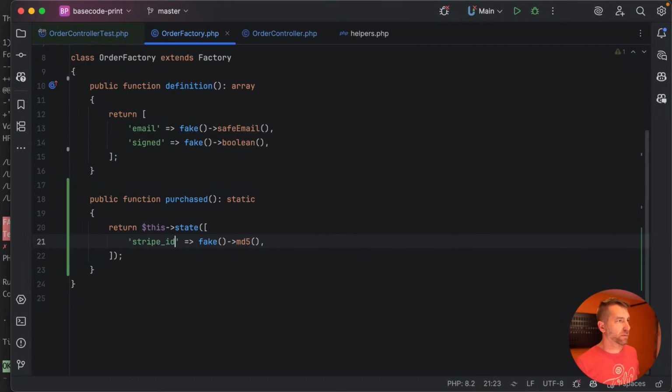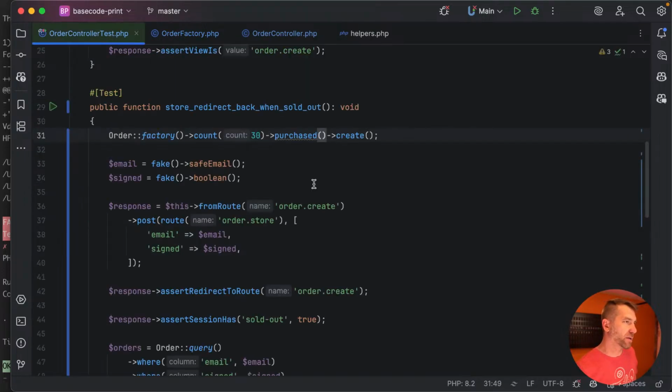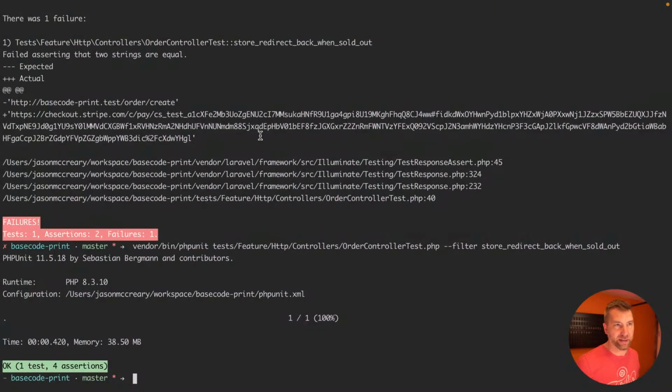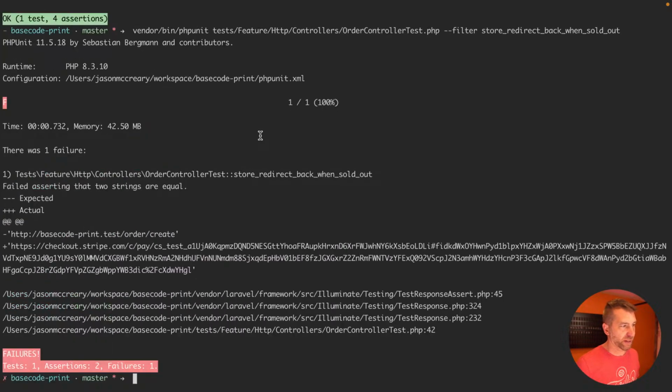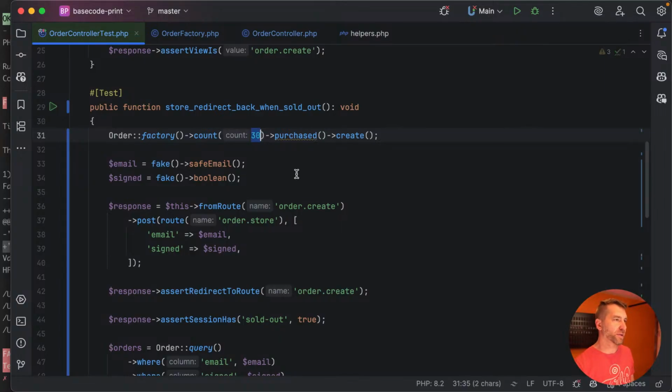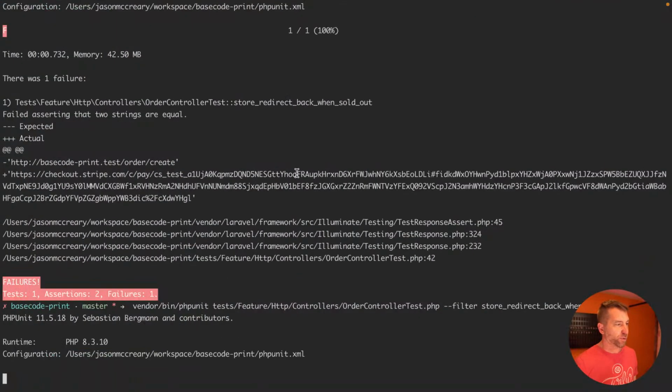Nailed it. Okay, so that makes sense, right? If you make 30 per... so let's just for fun, let's do 29. That would leave one left over, and we should get redirected to Stripe, which we do. Beautiful. Okay, cool. So, it shouldn't matter here, but if we do 35, again, just to